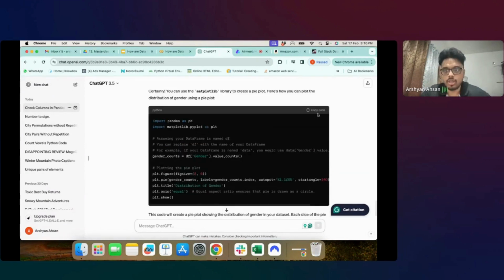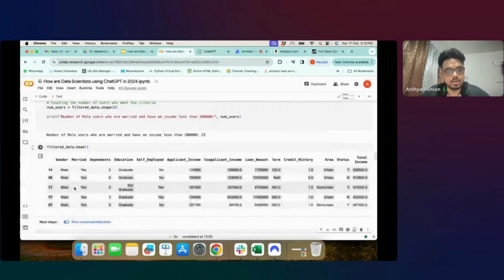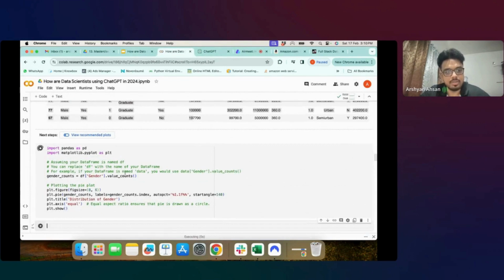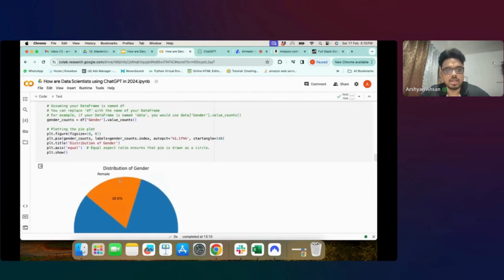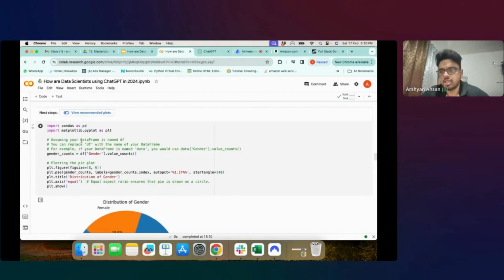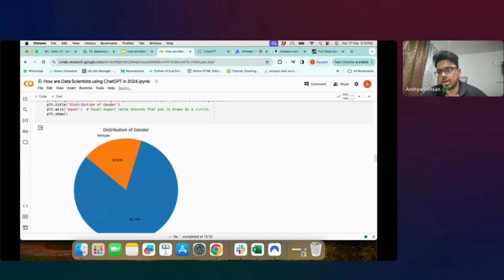तो इसने मुझे ये कोड दिया है। लेट्स असूम कि मुझे अभी नहीं पता कि कोड में क्या लिखा हुआ है, मैं बस सीधा डाल के ट्राई करता हूँ कि वर्किंग है या नॉट वर्किंग। तो मैंने ये कोड एज इट इज ब्लाइंडली पेस्ट किया। ग्रेट, इसने मुझे जो नीचे दिया वो एक्चुअली द डिस्ट्रीब्यूशन ऑफ मेल एंड फीमेल है, कि मेरे 81% मेल्स हैं इस डेटा सेट में, 18% फीमेल है। So I was able to generate a full-fledged graph, even having no idea about how to generate graphs.